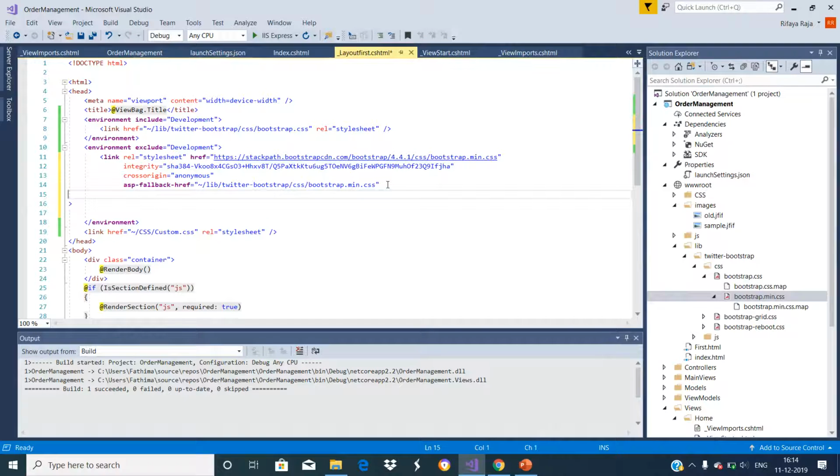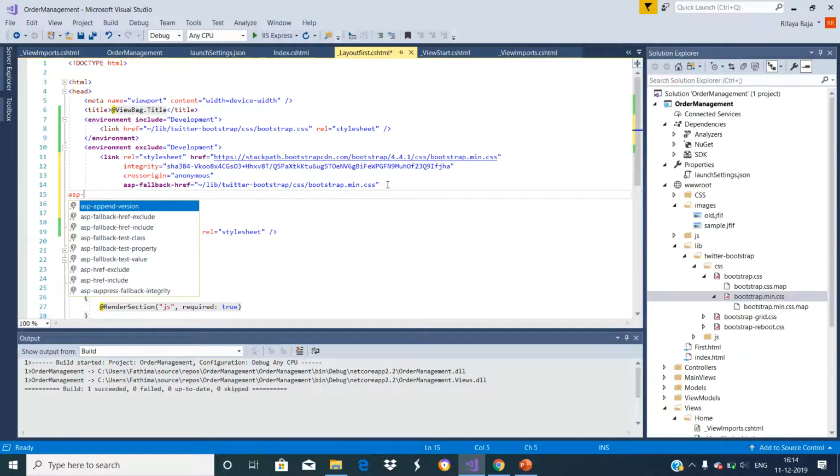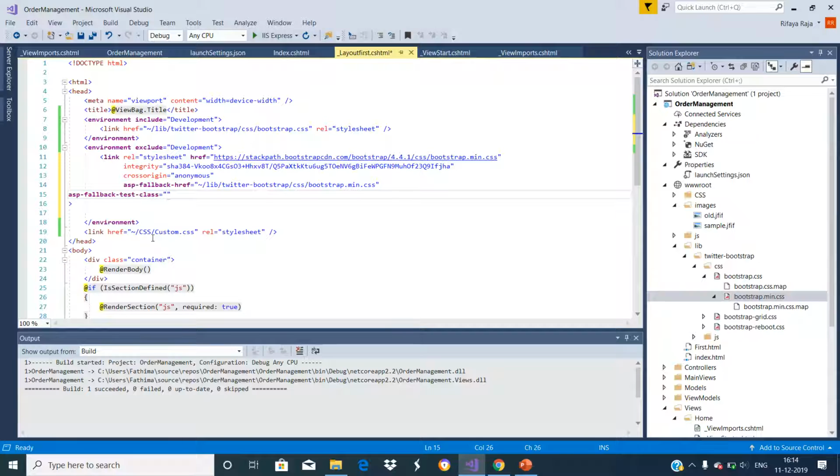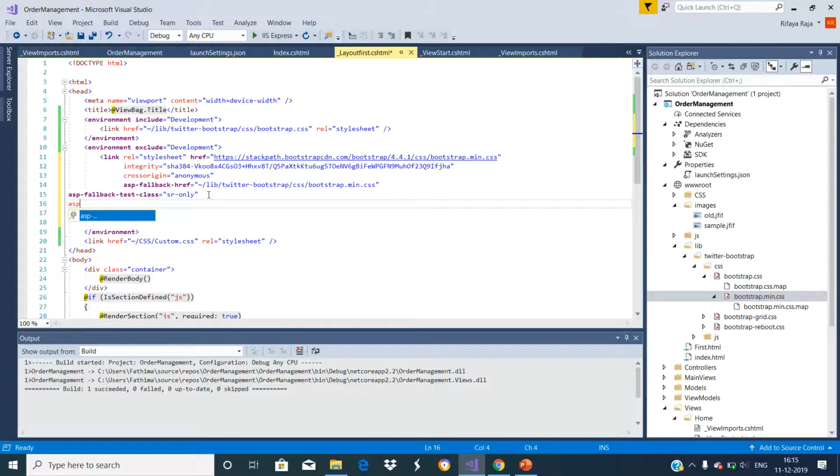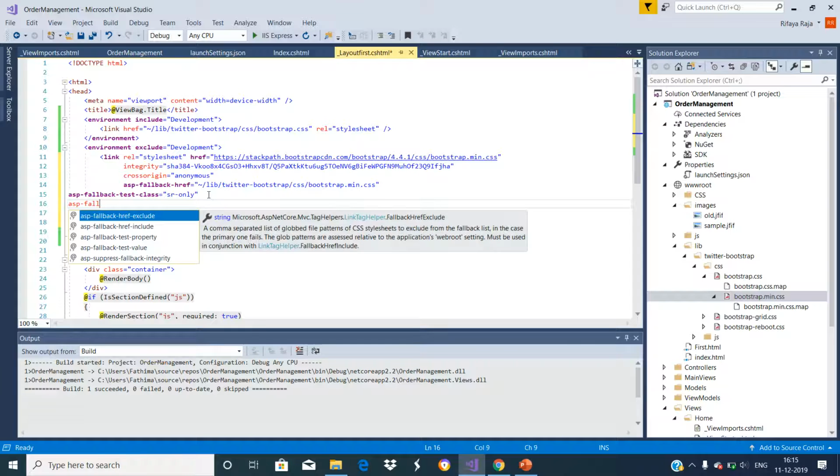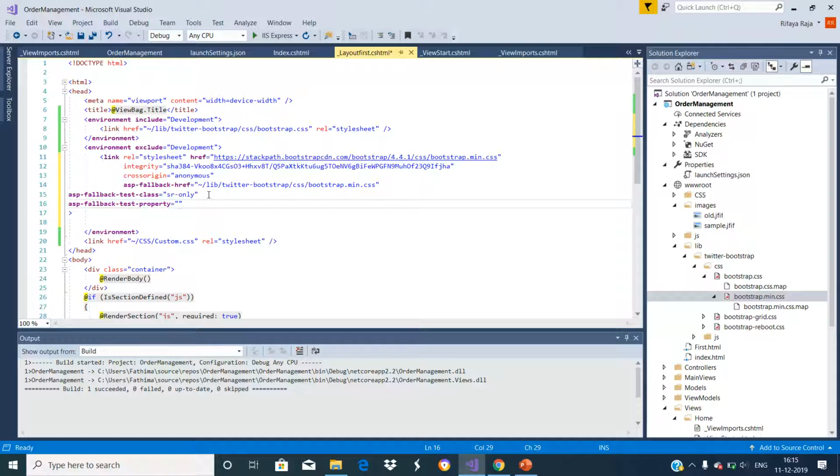Let us see what they are. asp-fallback-test-class, and their attribute values. asp-fallback-test-property should be position. asp-fallback-test-value should be absolute.